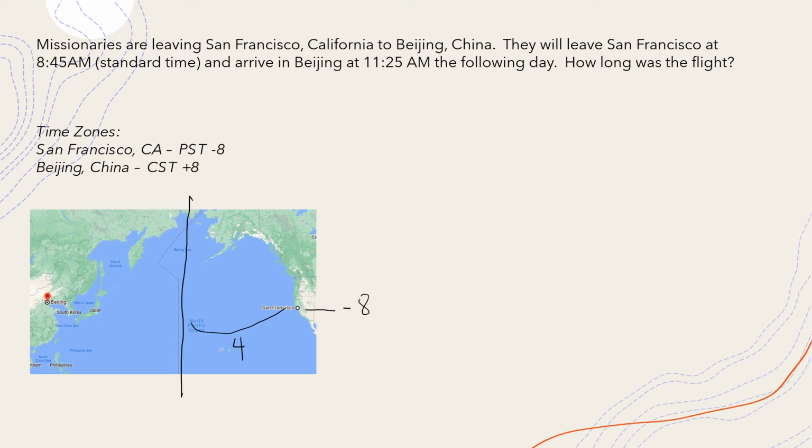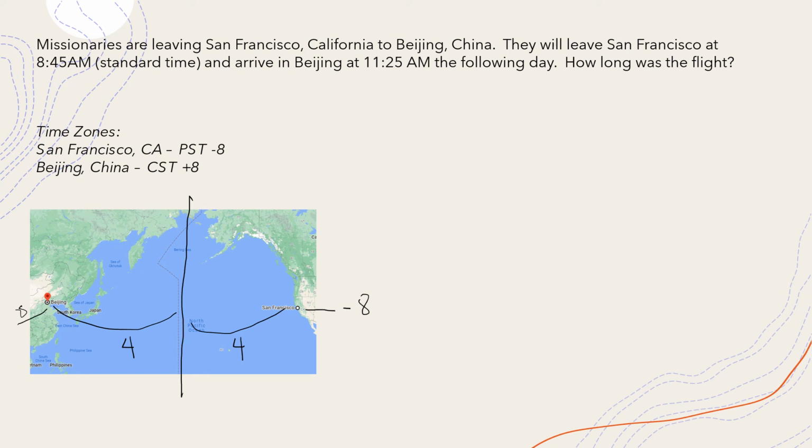Same thing. If it's 8 to go this way, if this is 8 hours to get to the prime meridian, then that means to get to here is only 4 hours. So basically you're traveling 8 hours in the future. You're not going back 8 hours like we saw in the previous problem. You're going in the future 8 more hours. And so when we do that,